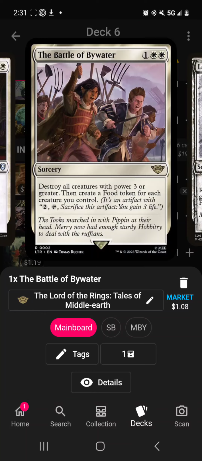The Battle of Bywater destroys all creatures with power 3 or greater, which your human tokens are not. And then you create a food token for each creature you control. My bad, not creature destroyed this way. So let's just say you've had 7 humans, right? Because you have 7 food right now. Oh, what a coincidence. So you do that, and then